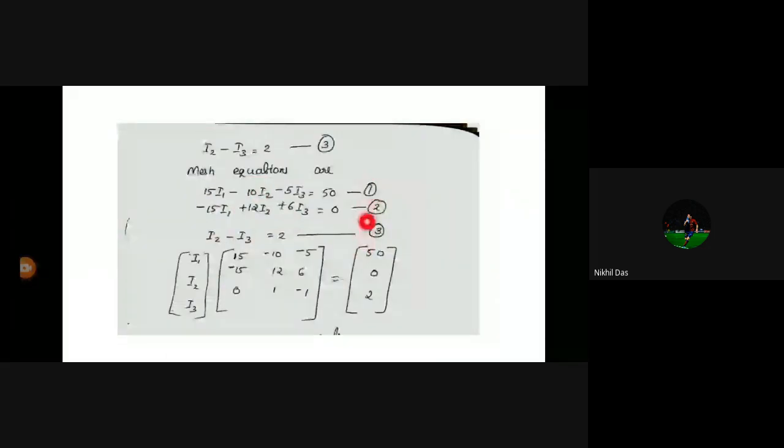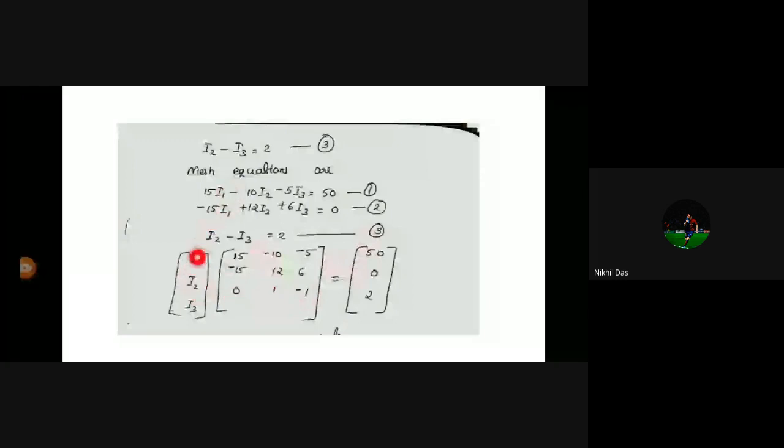First of all, you have to write all these equations in a matrix form. You see here the variables are I1, I2, I3. So you can write the equations in a matrix form. It is easier to solve these equations by using this matrix method. So you can study this method. There are other methods for solving these equations, but this problem you can do in this manner.